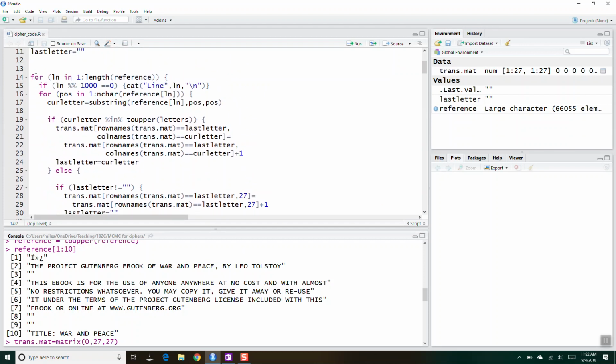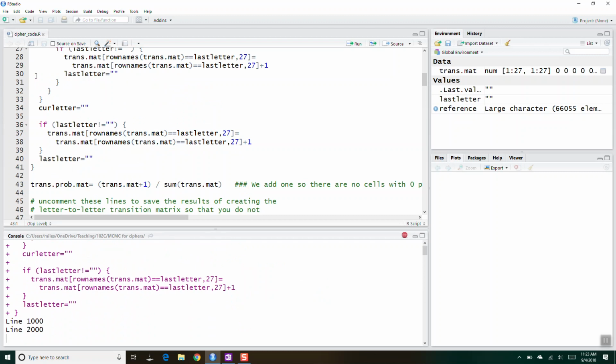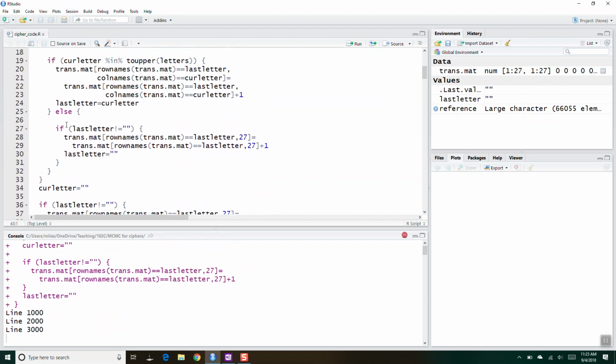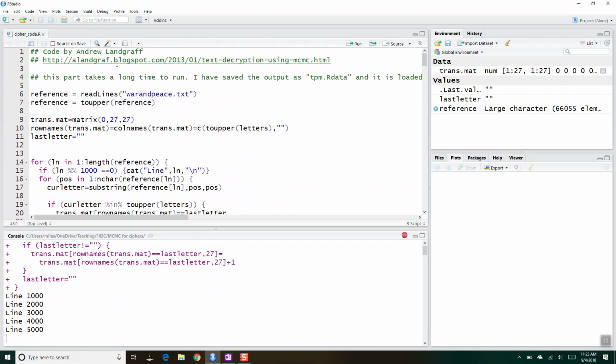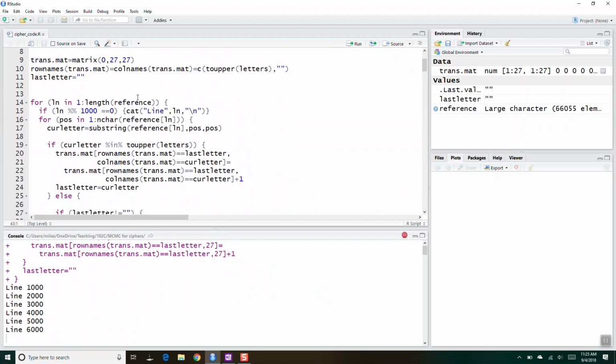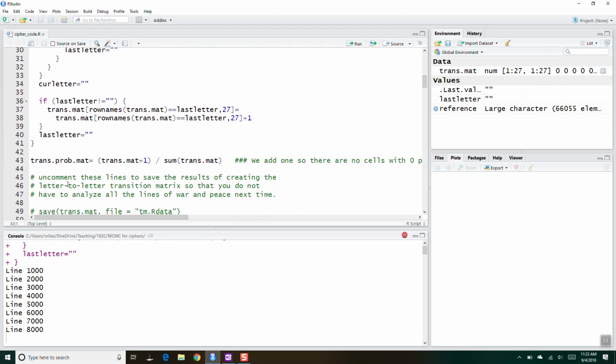It's going to take a little while to run, so I just let it go. I have it print out every 1,000 lines. Well, actually, I didn't write this code. This was from Andrew Landgraf. He wrote this, okay? And so, it's going through,